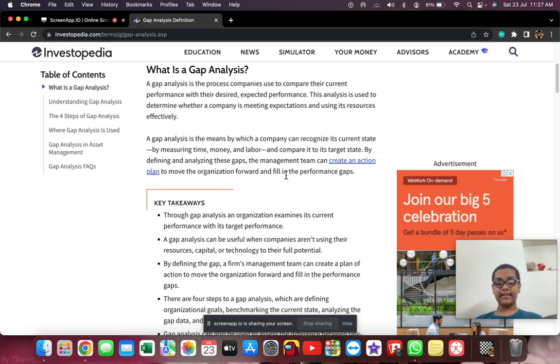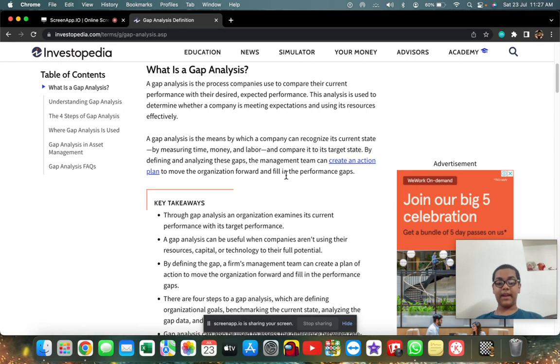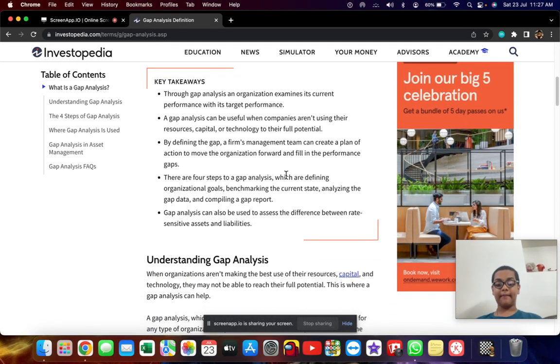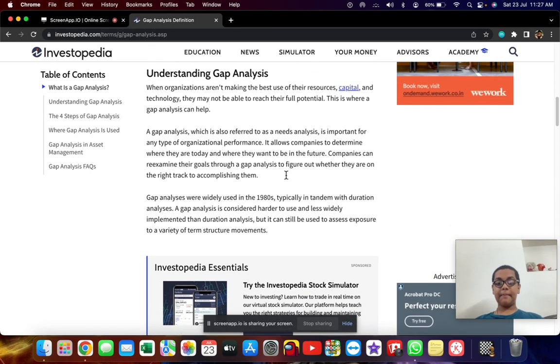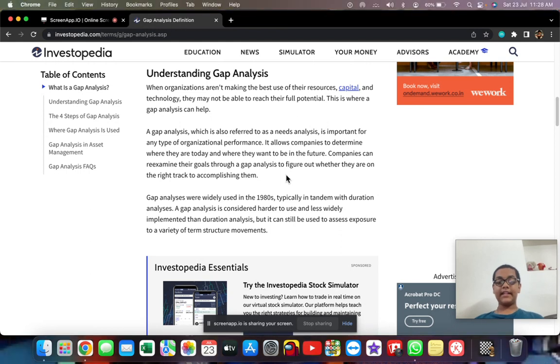A gap analysis is the means by which a company can recognize its current state by measuring time, money, and labor and compare it to its target state. By defining and analyzing these gaps, the management team can create an action plan to move the organization forward and fill the performance gaps. Understanding gap analysis: when organizations aren't making the best use of their resources, capital, and technology,